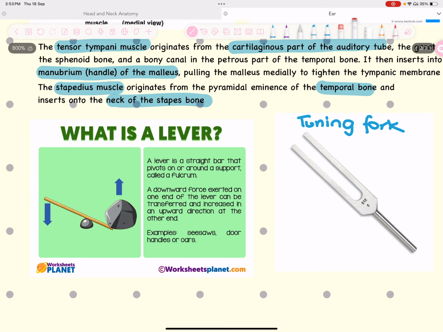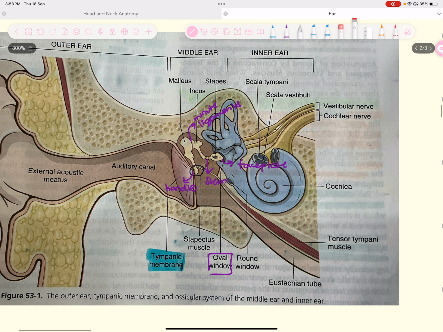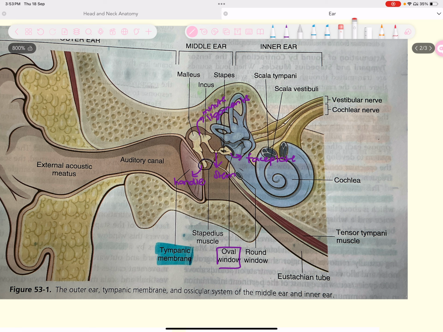So it makes the entire process very easy and feasible. So these two bonds act as the lever. And what's the fulcrum point? This point of attachment is the fulcrum. So the force will be applied from this point, right? And remember I told you about this muscle which inserts into the handle of the malleus,